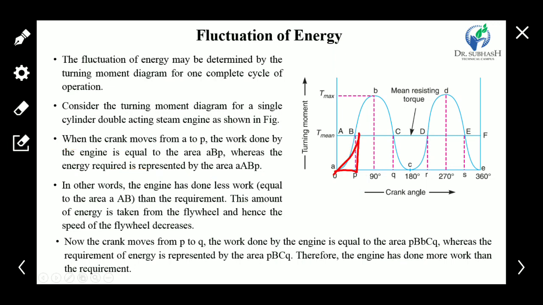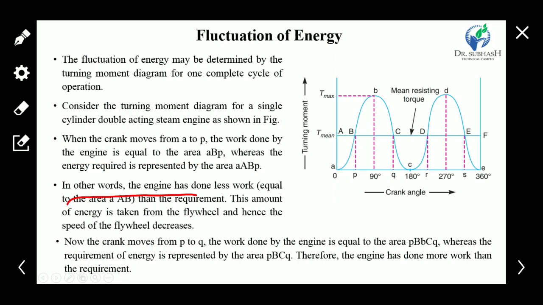Whereas the energy required is represented by the area aBP. Actually, the energy required is small a, capital B and small p, but the work done by the engine is equal to the area of small a, B, P. Now the only energy required to move the crank from A to P is ABP, because